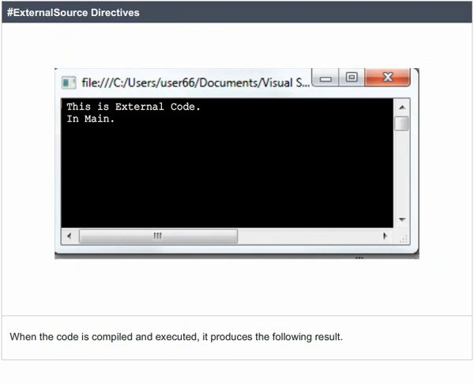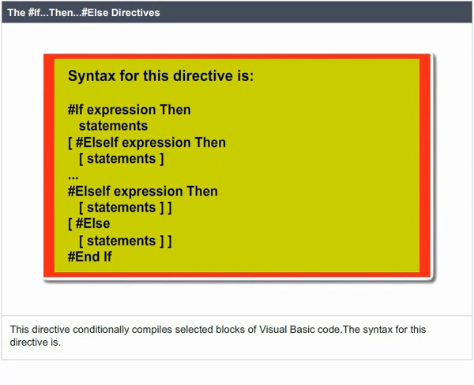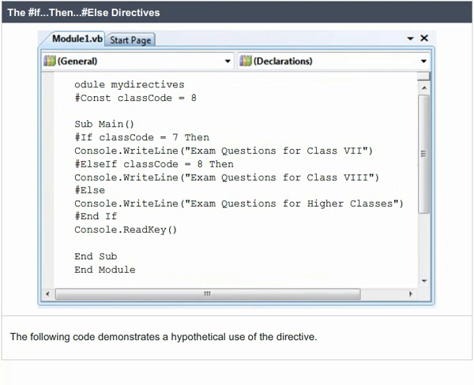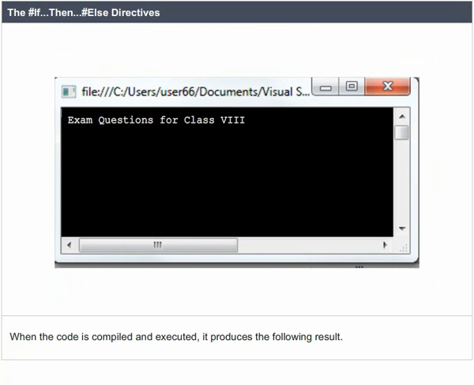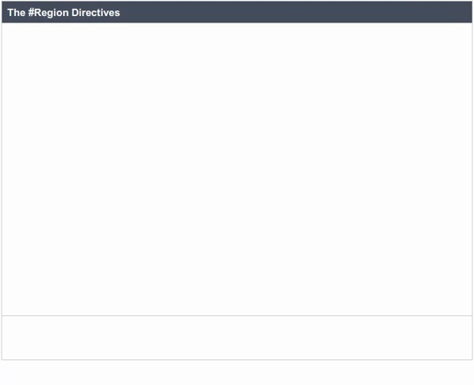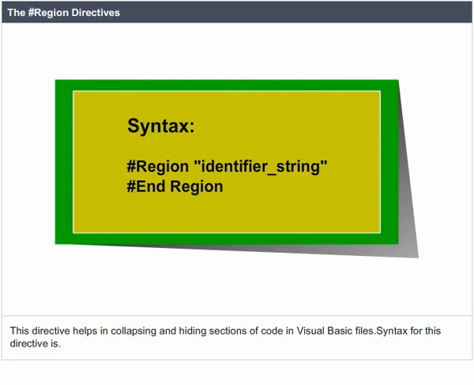The #If...Then...#Else directives. This directive conditionally compiles selected blocks of Visual Basic code. The syntax for this directive is: The following code demonstrates a hypothetical use of the directive. When the code is compiled and executed, it produces the following result. The #Region directive. This directive helps in collapsing and hiding sections of code in Visual Basic files. The syntax for this directive is #Region identifier_string ... #End Region. For example,